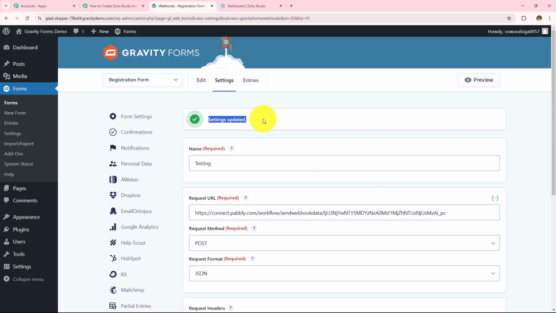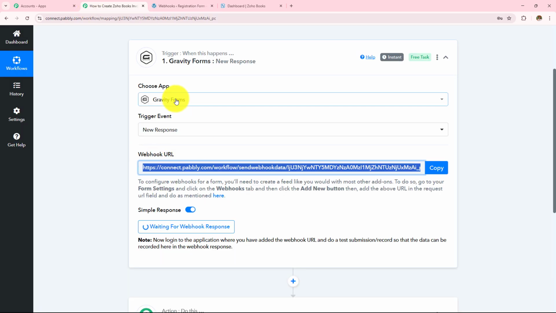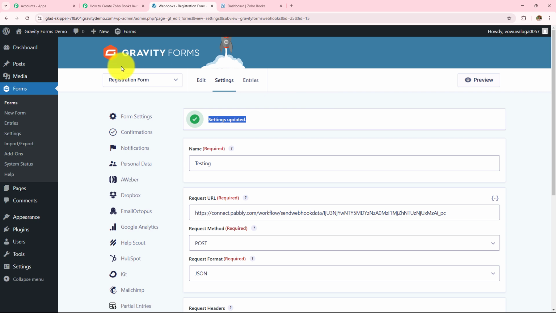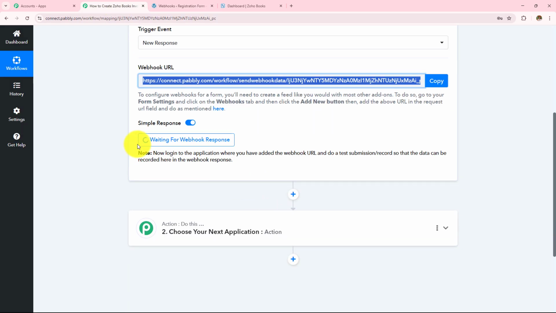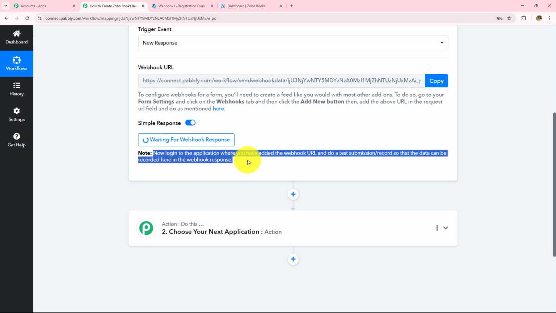Here, settings updated. I have successfully added the webhook URL which I was provided in my Pabbly Connect in this particular form, the registration form. And now if I go back to Pabbly Connect, I can see it is waiting for the webhook response, and under this it is written: now log into the application where you have added the webhook URL and do a test submission so that the data can be recorded here in the webhook response. Now this means, so as to get the webhook response over here, I need to do a test submission,